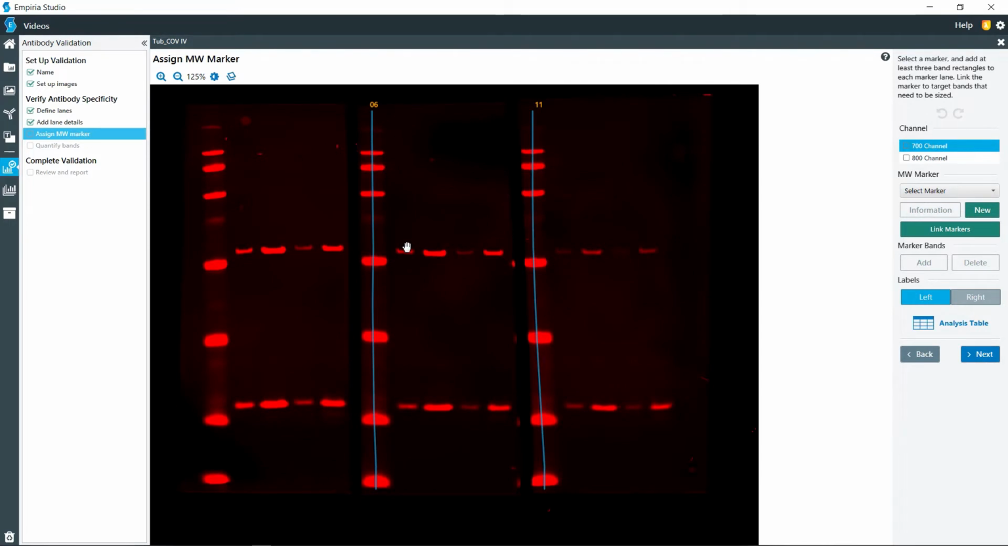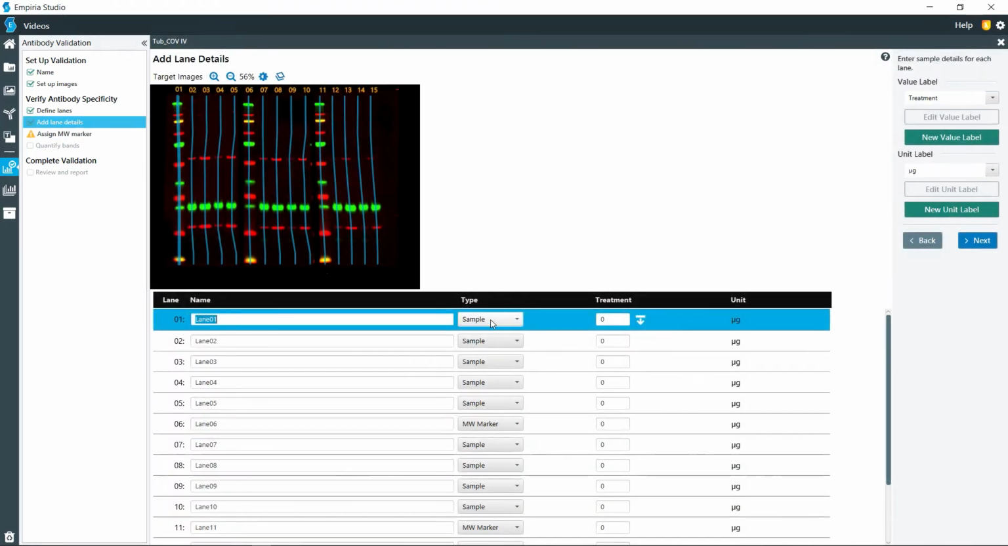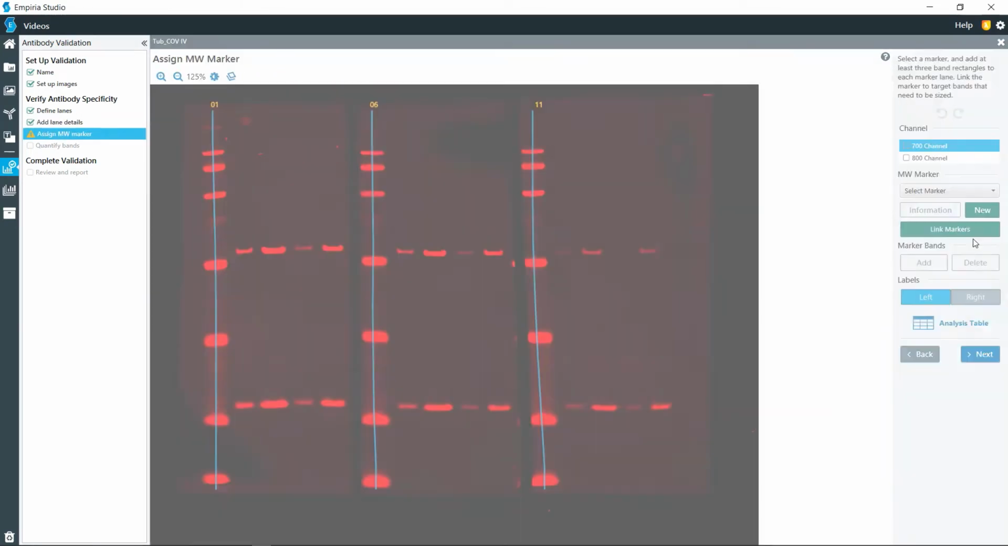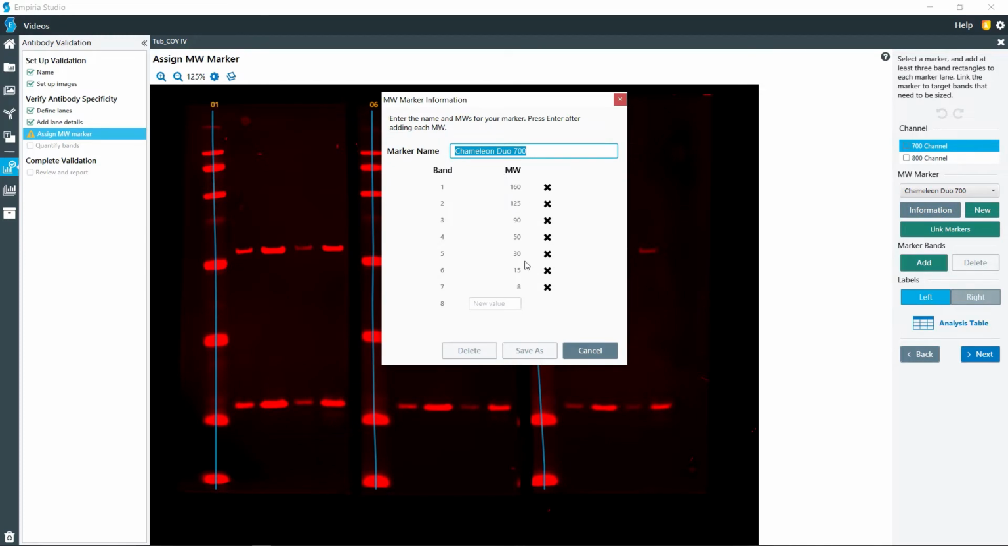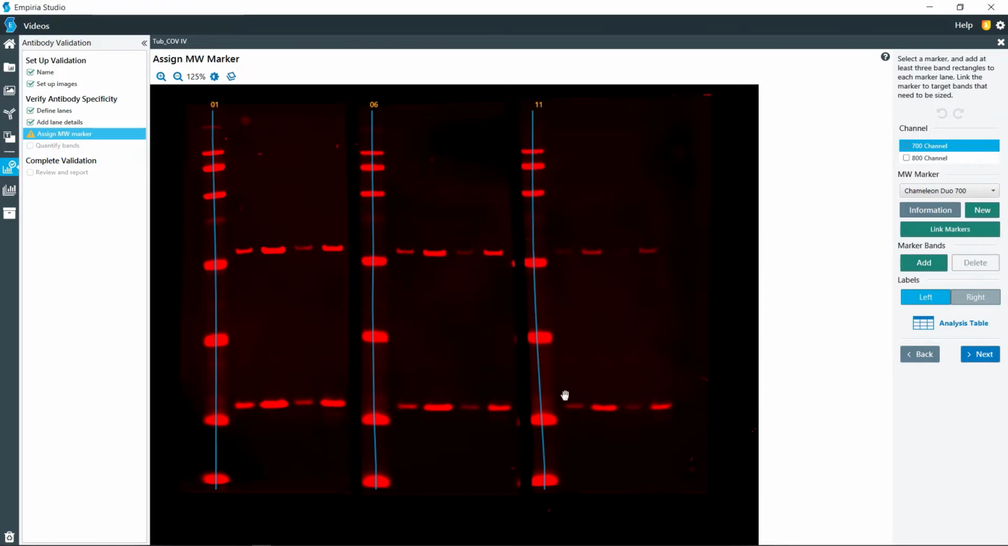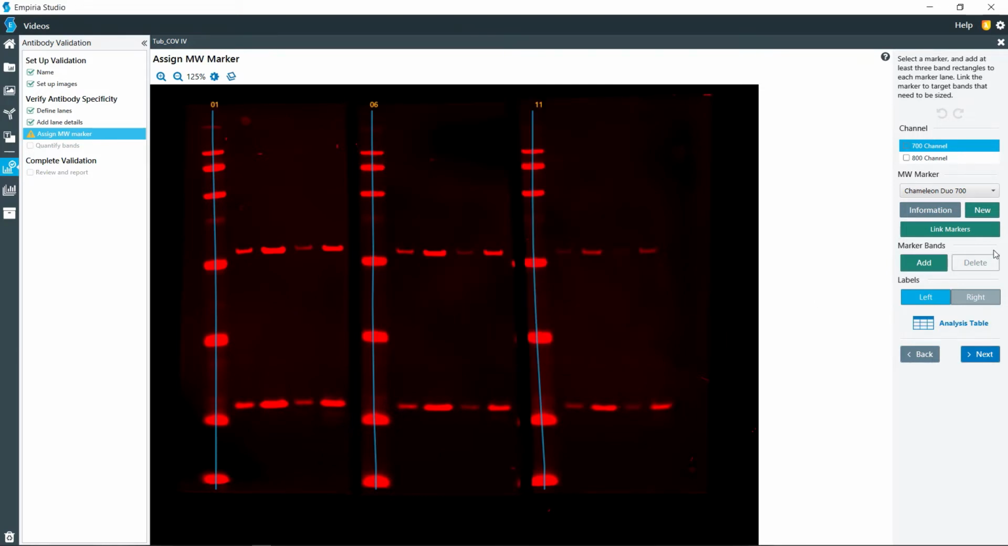And so for the molecular weight markers, go back here and get that set correctly. For the 700 channel, I'm going to choose the Chameleon Duo 700. If you have a different marker, because if we look at the information here, these weights may not match up with the weights that you have actually loaded on the lanes, if you've used a marker from a different company, or if, let's say, the top one up here did not get resolved, you can remove that if need be, and then save that as a marker that you can use at some later point. So I'm going to go ahead and click Add,